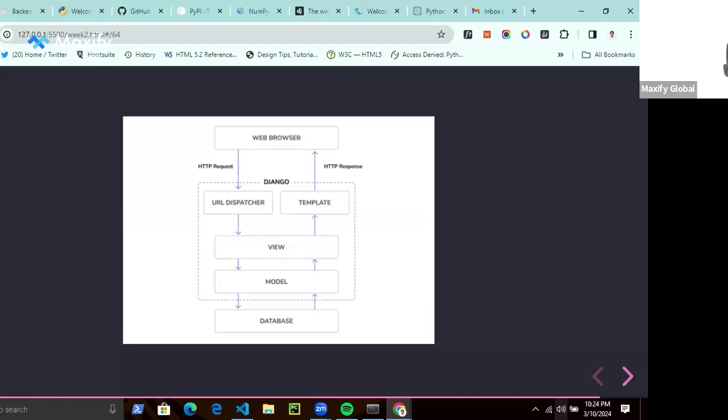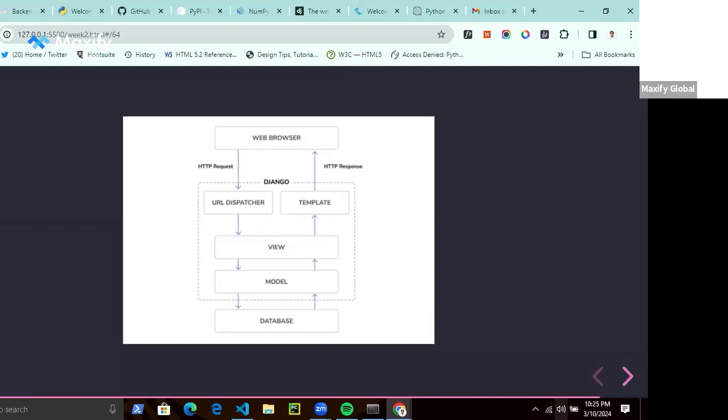Now, sometimes the view talks to your model. Maybe it has to get data from the database. The view communicates to your database, gets the information, filters it if need be, and performs certain processing. So views are very powerful. They are like the middle guys. Aside from reaching out to the database, they also perform other operations. You can write sub operations in your view, like your business logic, for instance.